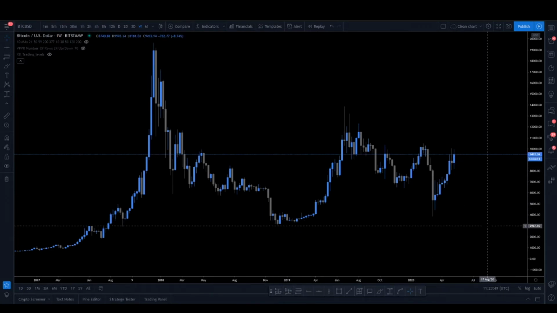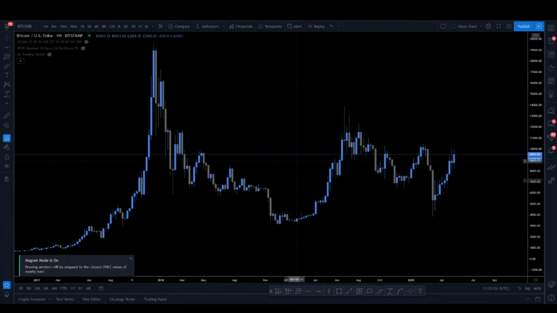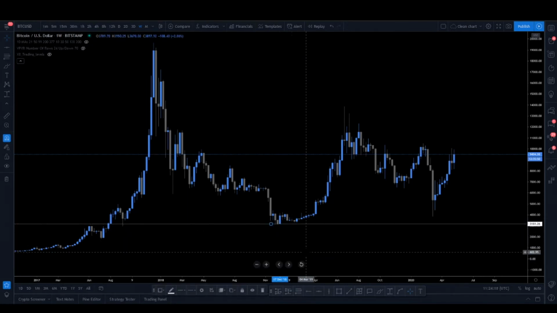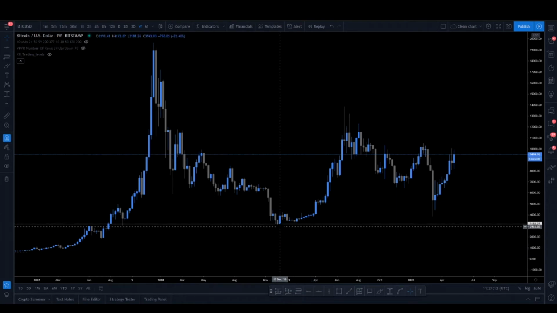And obviously you have an area here. You can also press the magnet tool, which will help you. When you hover your mouse below this candle and you press Alt plus H, it will snap the line to the closest candle, right? Let's mark out this low here, and you can see that it's acting as support here, right? And it's acting as support here, and